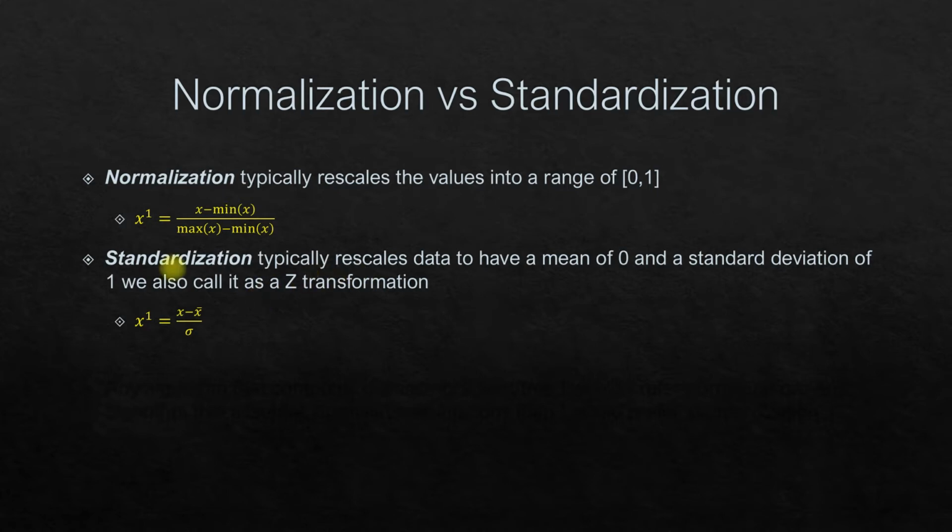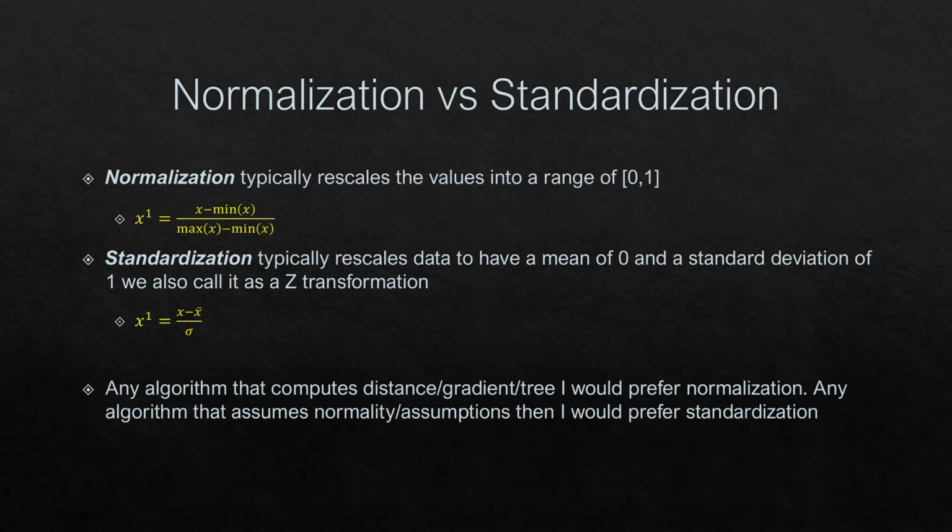So usually when we use this scaling, normalization or standardization, let's say when you talk about normalization, any algorithm that computes distance like KNN, K-means, which is a clustering algorithm, the gradient descent algorithm, tree-based algorithms, I personally would prefer normalization, because if the values are too large, then the time taken for the calculation is also large. So if we do the scaling, I mean the normalization, it will improve the algorithm performance. When I say performance, I mean the time taken to build our model.